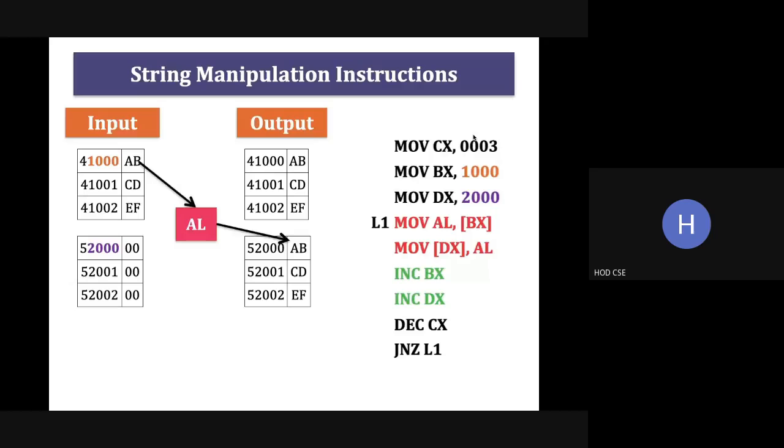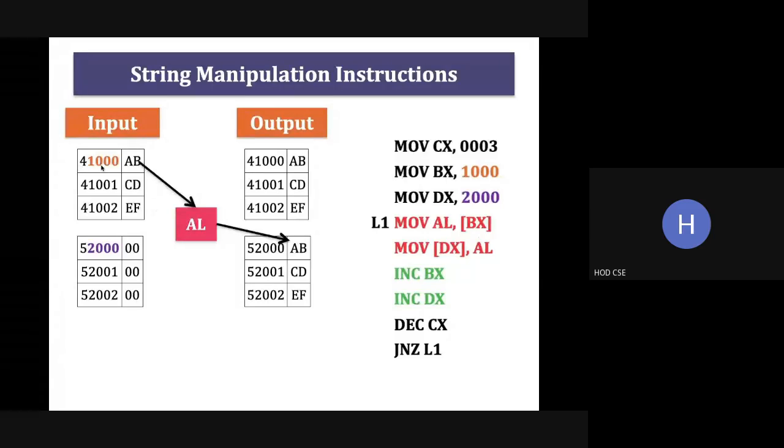To write the program, since I'm going to transfer 3 sets of data, I have a counter value 3 in the CX register, BX register is initialized with the source offset value 1000, and DX register is loaded with the value 2000, which is the offset value of the destination. The third and fourth instructions transfer the data in BX to AL.